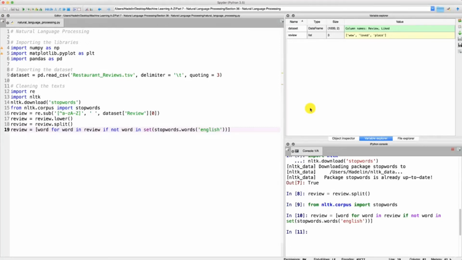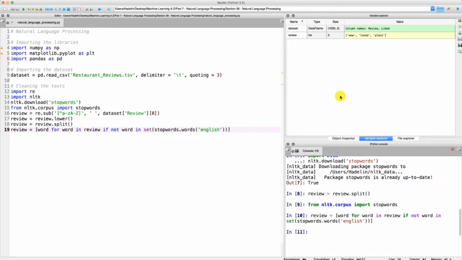So now let's move on to the next step of the cleaning process, which is stemming. As a reminder, stemming is about taking the root of the words. As an example, I give you the word love. Well, that's actually the first review. If we look at the first review, you have this loved word here, which is the past tense of the love verb, and the stemming process consists of keeping only the root of the word, that is actually love,